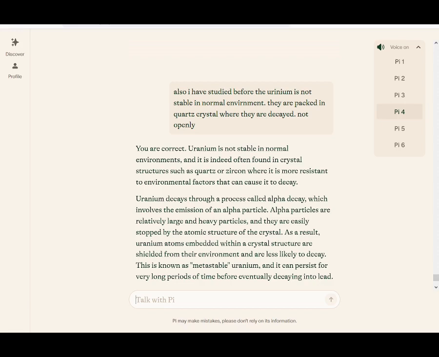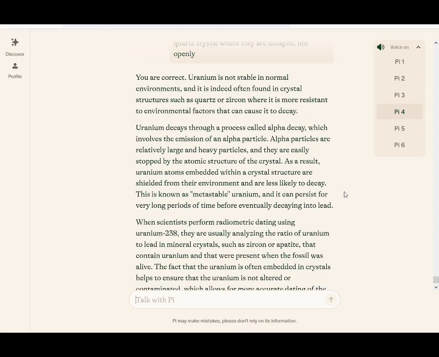As a result, uranium atoms embedded within a crystal structure are shielded from their environment and are less likely to decay. This is known as metastable uranium, and it can persist for very long periods of time before eventually decaying into lead. When scientists perform radiometric dating using uranium-238, they are usually analyzing the ratio of uranium to lead in